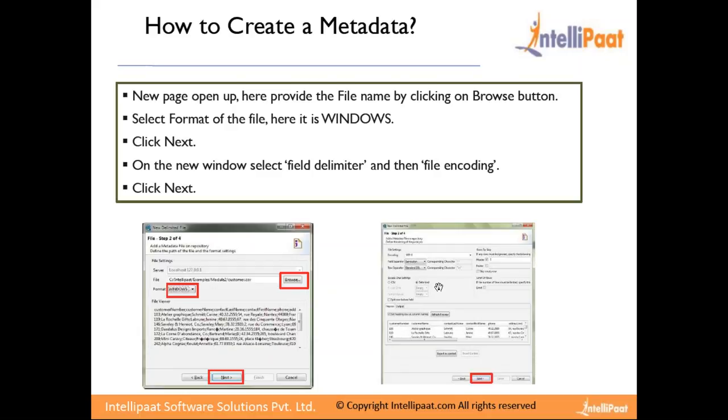Then if you have any custom row identifier, here we have the default \n or carriage return, but if you have any other value which you have defined, or any other unprintable values, you can define it here. Then you can select the settings and so on. So here you have the header part and the